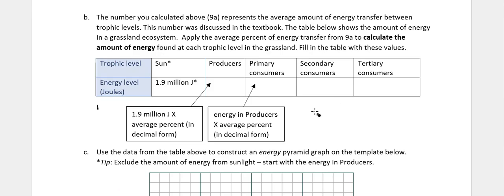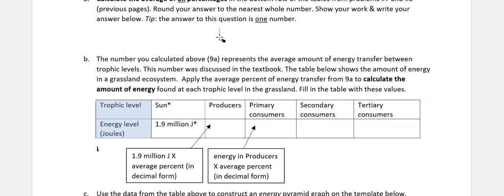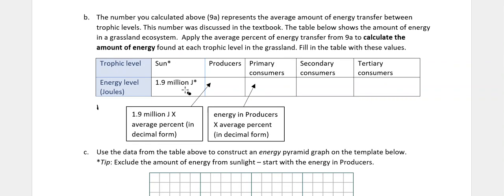Now, the last step is to apply that percentage to our ecosystem here. So notice I've kind of given you some tips on how to do this. Let's say, for example, that the number I calculated here was, let's just say it's like 12%. Okay, I can't write on there, but let's say it's 12%. What I would do is take the amount of energy in the sun, which is 1.9 million joules. I'm going to multiply that by